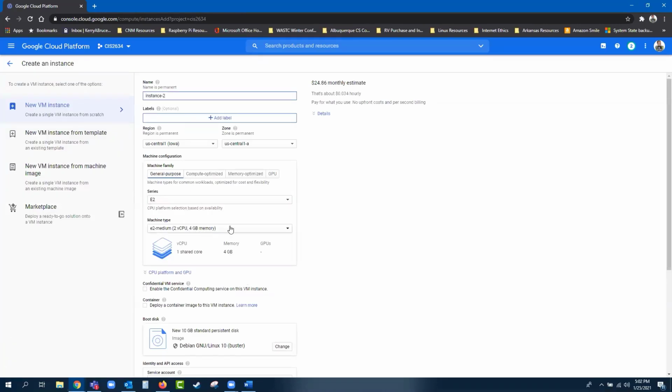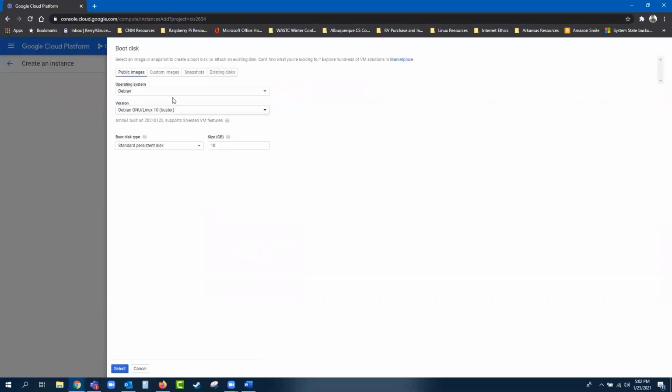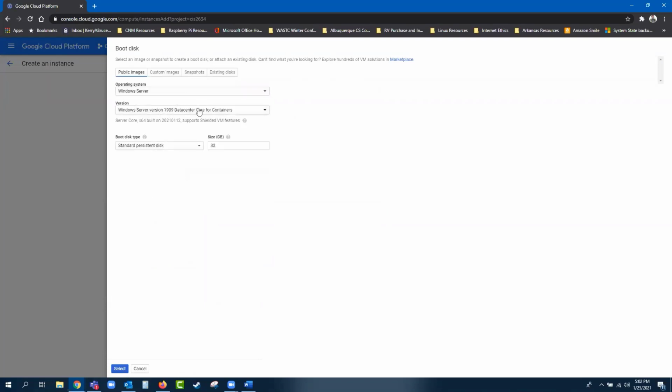I love that you don't have to wait for it to install. That's obviously using some pre-provisioned stuff, but that's super nice. Interesting. So I wonder now, let's change the image instead of Debian. Let's change it to Windows Server and see what kind of